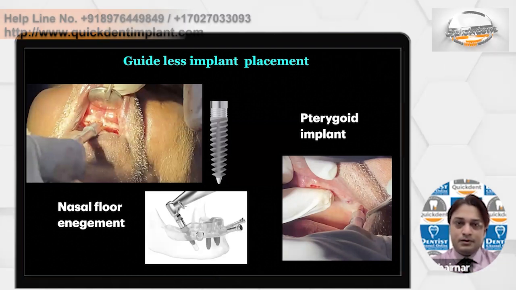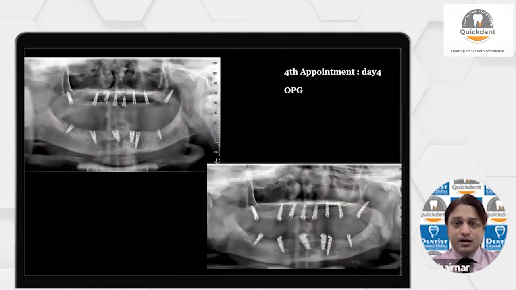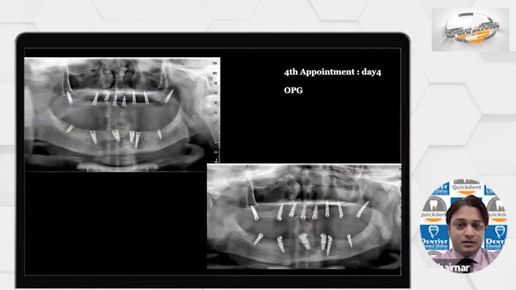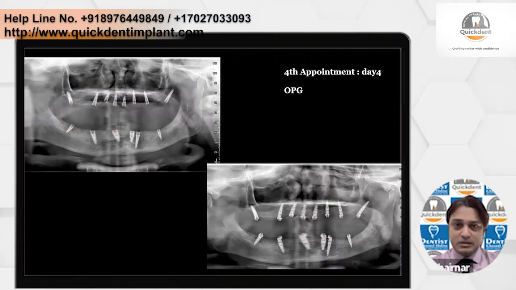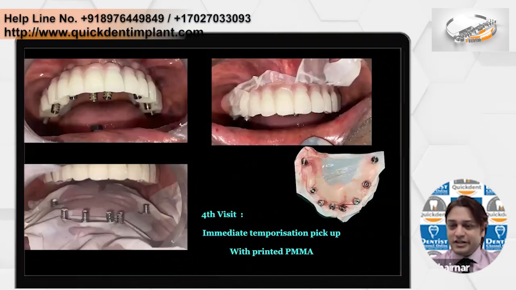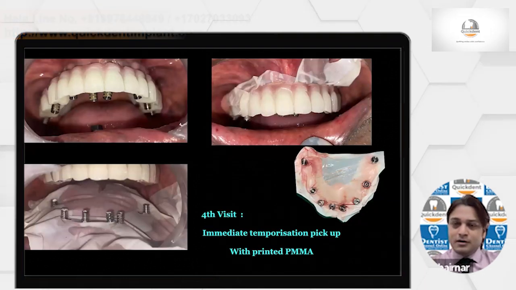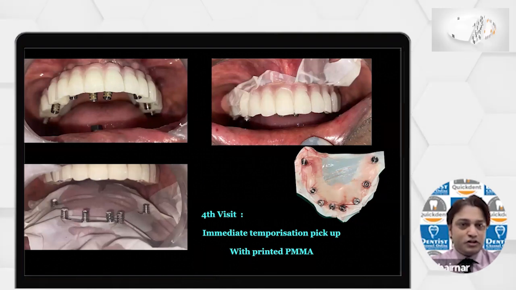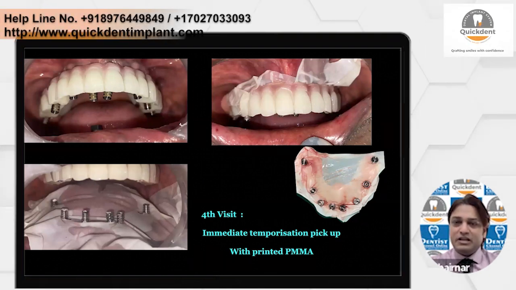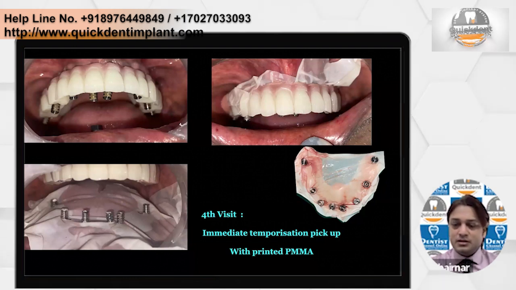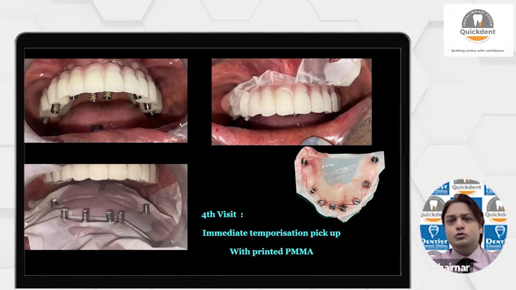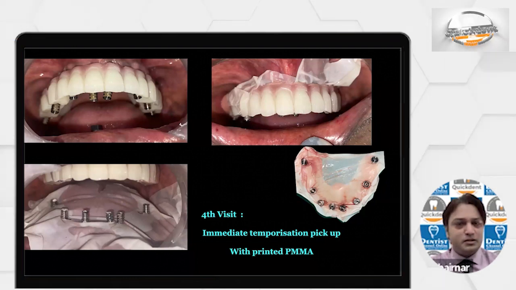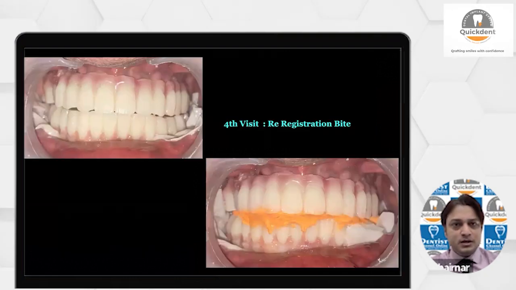And this is the X-ray of the patient, with multi-unit attached on the same appointment. Our shell is already ready. We will put the titanium cylinders, also called temporary cylinders, and we will make a hole and catch the position of the temporaries. It is done. That is how you do the conversion of the normal dentures. I think many of you must be knowing about this.